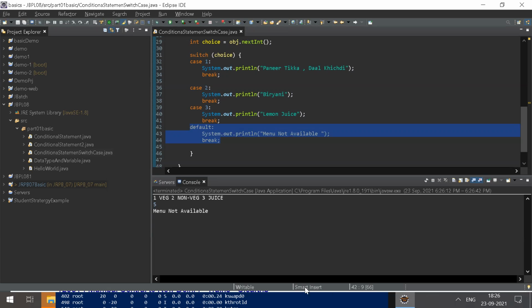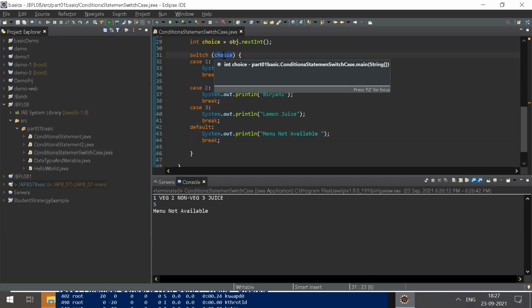Sir, we can do this using if else also. Yes, correct, I got your question. So why are we using switch case here? A switch case is pretty fast compared to if else, because it checks only one condition. The switch case is developed in a format which gives you the match directly. Suppose you put a value, it goes directly and is not going to check any other.